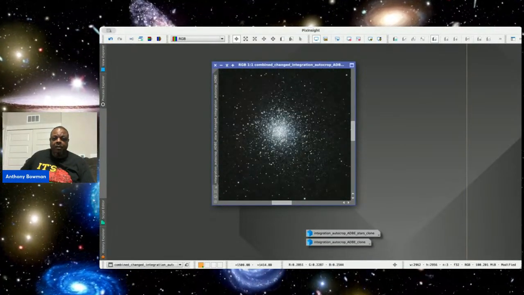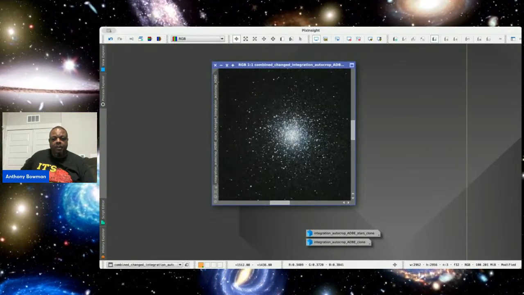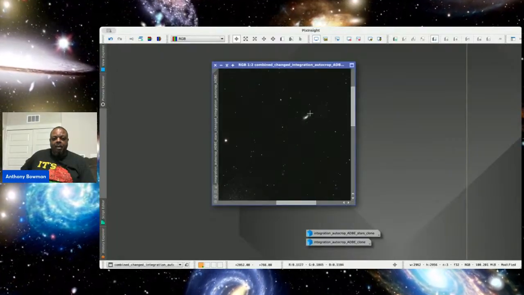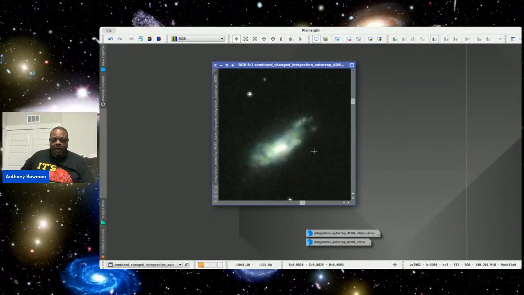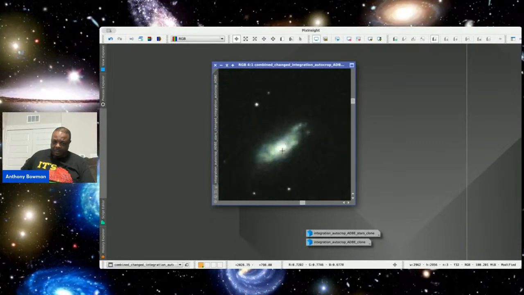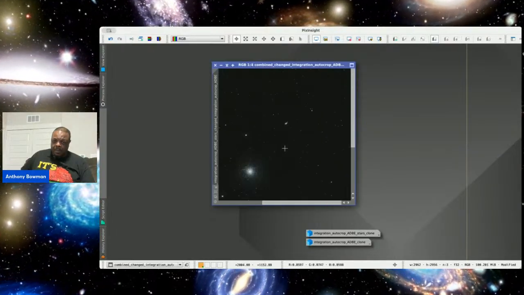But for the small telescope I'm using, that's pretty good. To be able to get that kind of resolution, I'll take it. And you don't see all that graininess anymore. So the galaxy actually showed up pretty good.